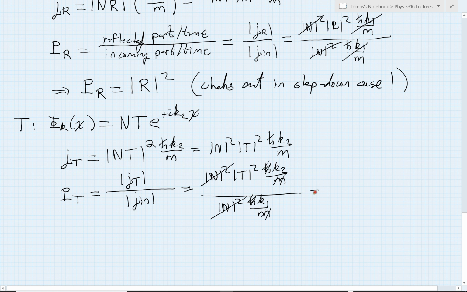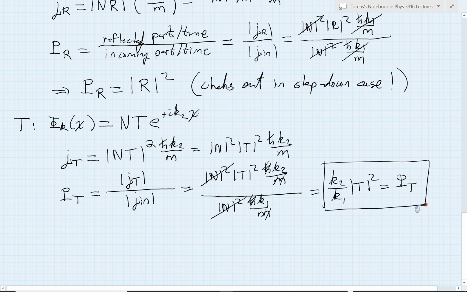So what I'm left with now isn't exactly the quantum amplitude squared, which you might think would be what gives you the probability, but it also has a factor of k2 on k1. So I have k2 over k1 times the magnitude of that transmission amplitude squared, and that then is the general formula. It's worth putting a box around it for the transmission you could find in any scattering problem.